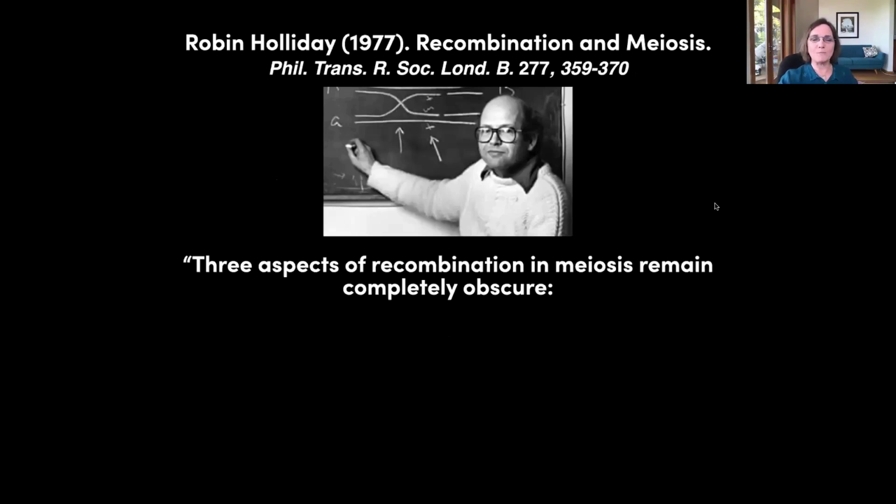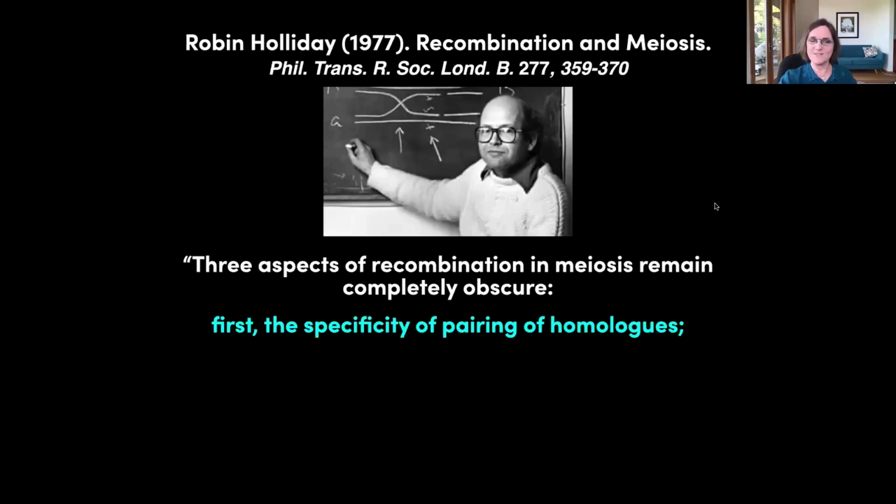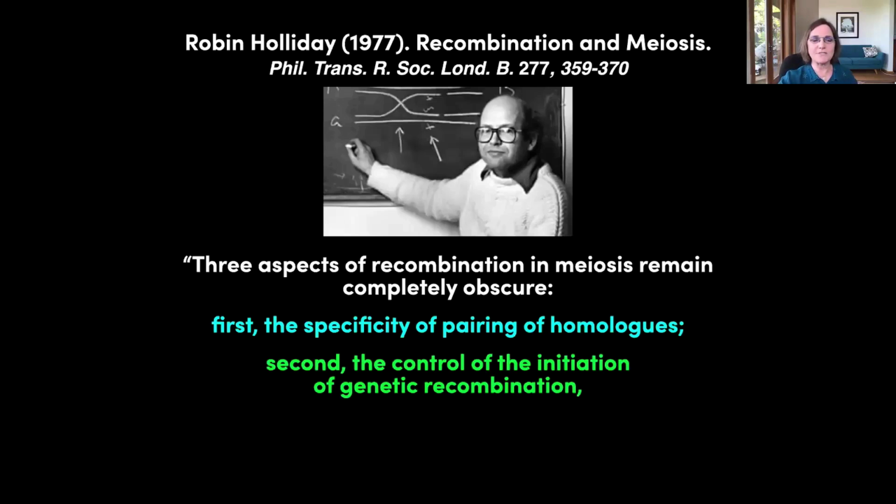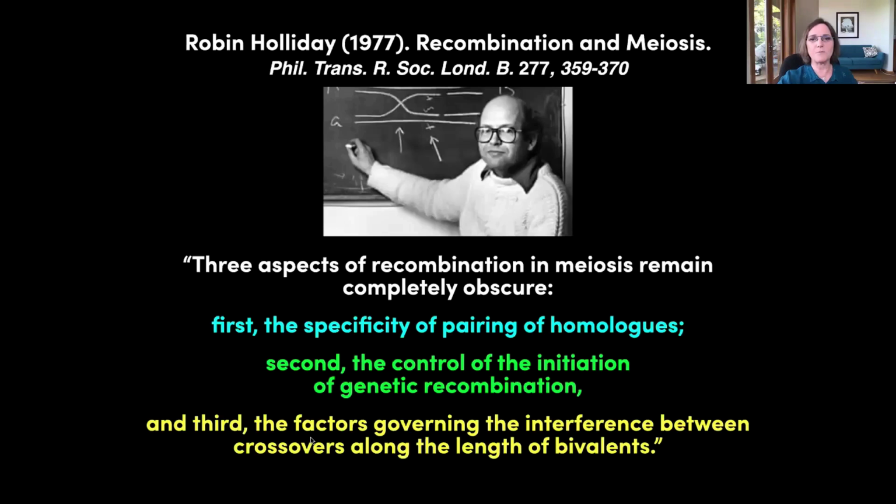One of which was how chromosomes actually recognize each other to pair up. This is still a major mystery and something we're very interested in, but it's not the topic of my talk today. Another mystery was how meiotic recombination was initiated by the formation of breaks. And now we know quite a bit about that, but I'm not going to talk about that today either. Instead, I'm going to focus on this issue that was sort of a subtext of Sarah's talk, which is how crossovers are regulated to ensure that there's one per chromosome pair at the least, and yet the number per genome is much less than would be required to attain one per chromosome on a random basis.